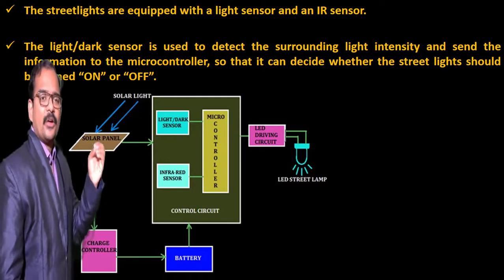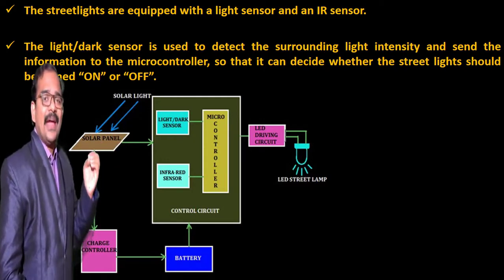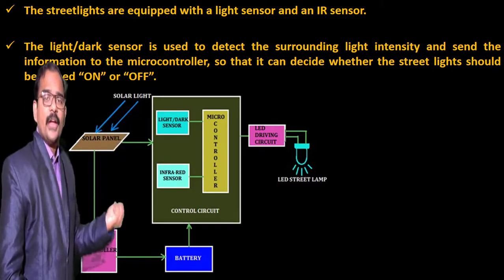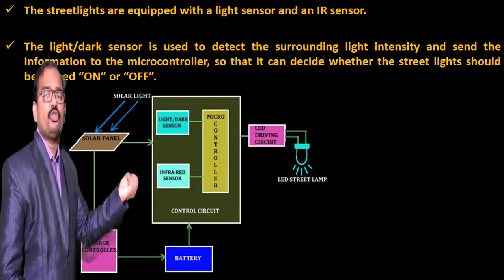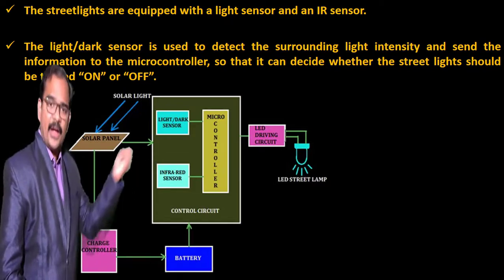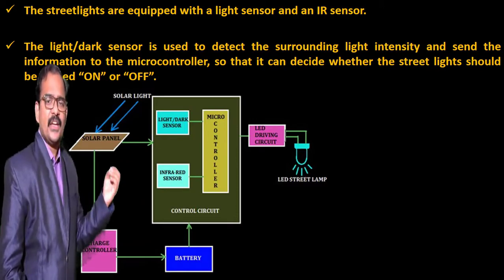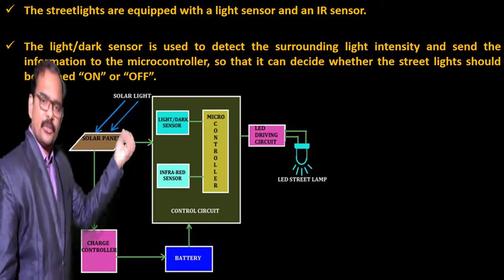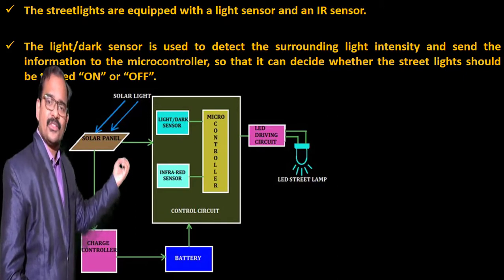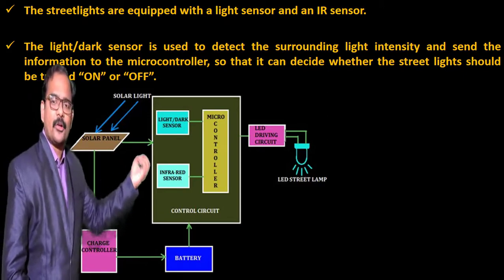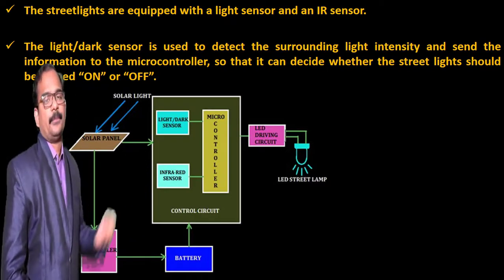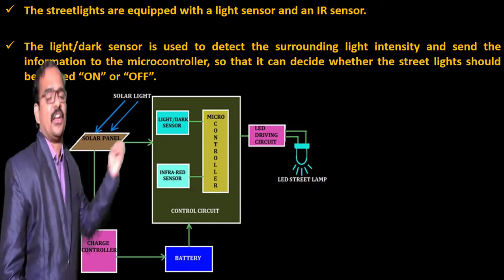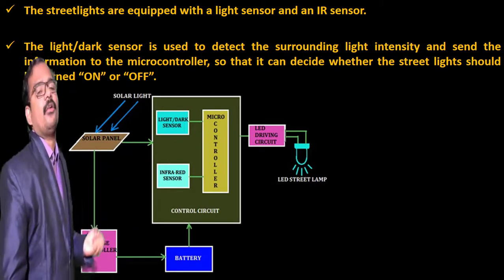This light or dark sensor senses the light intensity of the surrounding environment. If the light goes down, then what will it do? It automatically sends a signal to the microcontroller to turn on the LED lamps. On the other hand, the LED street lights have to work from night until morning. So when the morning comes and a sufficient amount of sunlight is sensed by this light or dark sensor, it automatically gives a command to the microcontroller to turn off the street lights. So it automatically starts and stops the street lights based upon the light intensity of the surroundings.